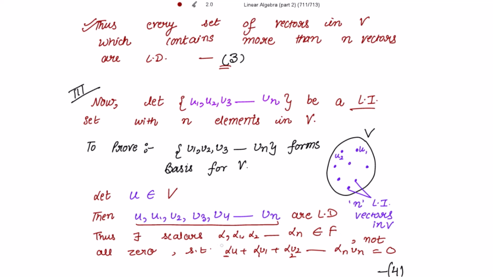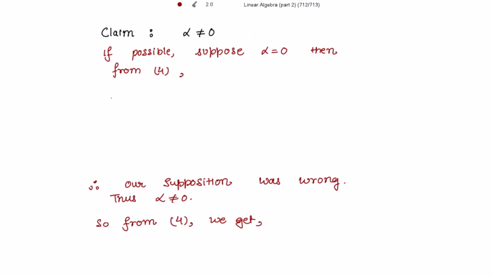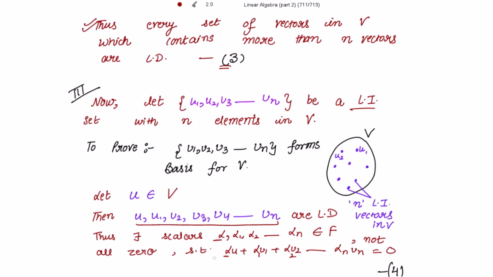So I have to also show that not all the scalars are 0, which means I have to claim that this alpha, the extra one, is non-zero. Right? We have to claim this. Okay. So claim: alpha is non-zero. So if possible, suppose alpha is 0. What will happen then? Then from 4, if this alpha is 0, we get